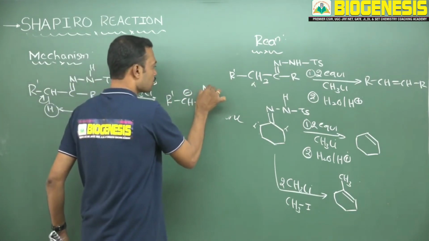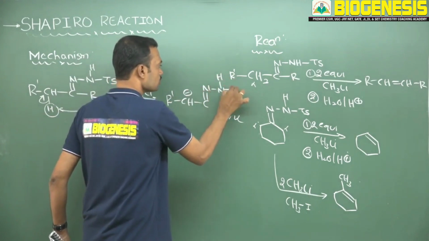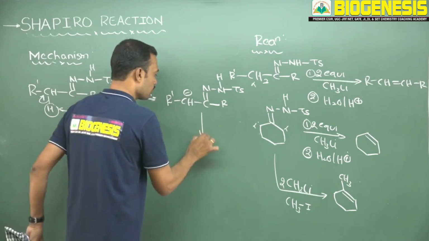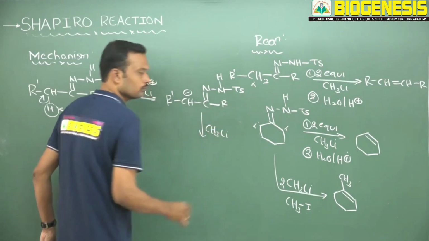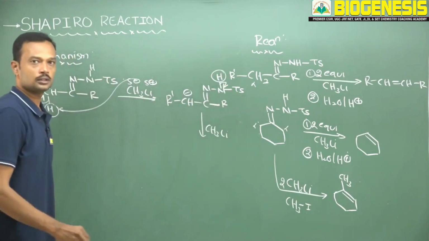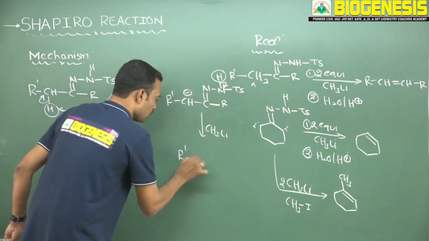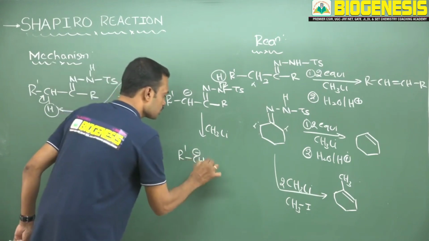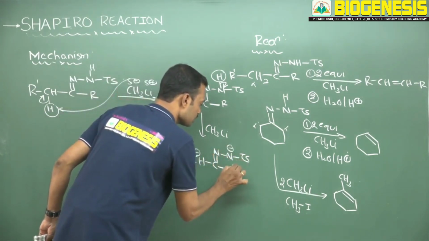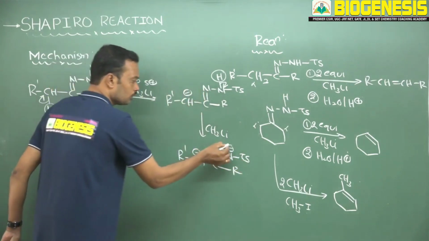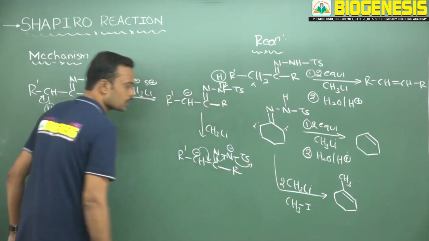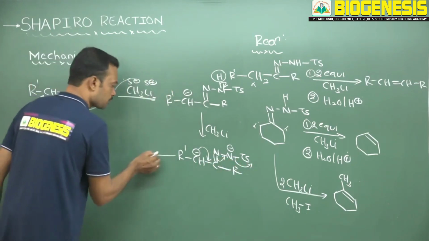Next, here carbon nitrogen double bond, and here one more hydrogen, and this is Ts, and here the alkyl group is present. Now one more equivalent of methyl lithium is going to take the proton from here, and these electrons are transferred, nitrogen bearing a negative charge, R dash CH. Now this is negative, carbon nitrogen double bond, and this is negative, and this is Ts, and this is R. Now this negative charge migrates here, these electrons migrate. Tosyl is an excellent leaving group that will be removed in the form of Ts minus.